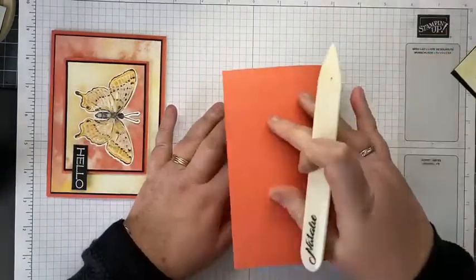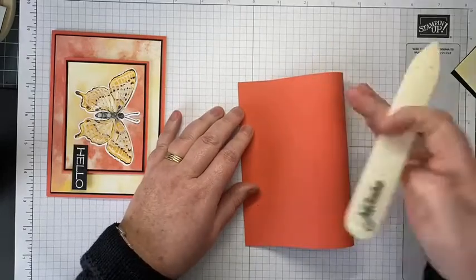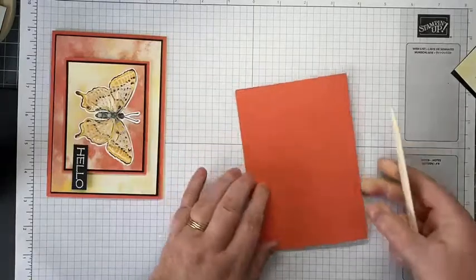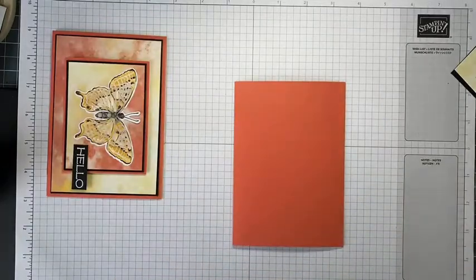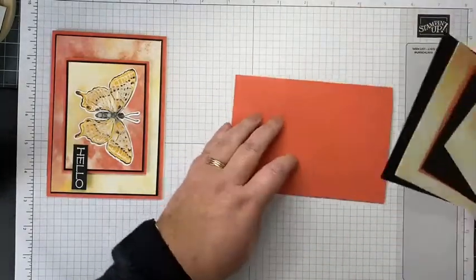I can never get those right, so I just go corner to corner and corner to corner. And when I'm happy, I get my bone folder and just make my fold. That's it. That's a perfect fold. The card is flat. Everything is good with the world. Now I did cut all these out, so I have...